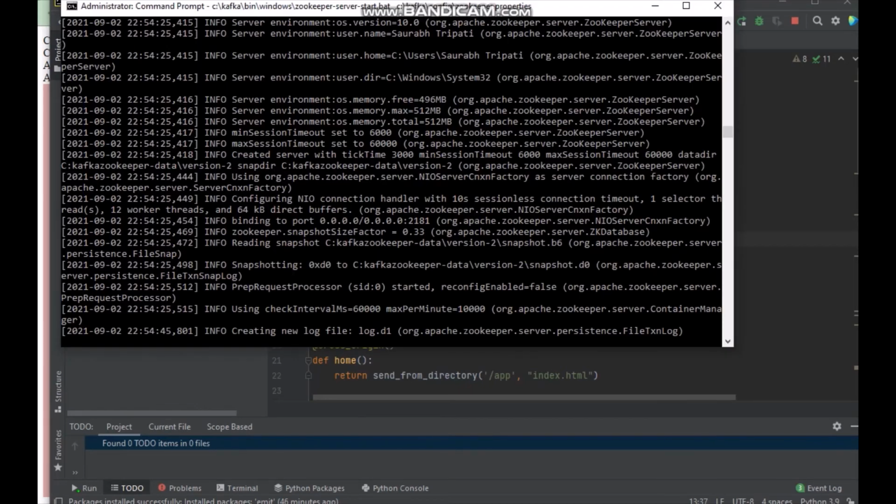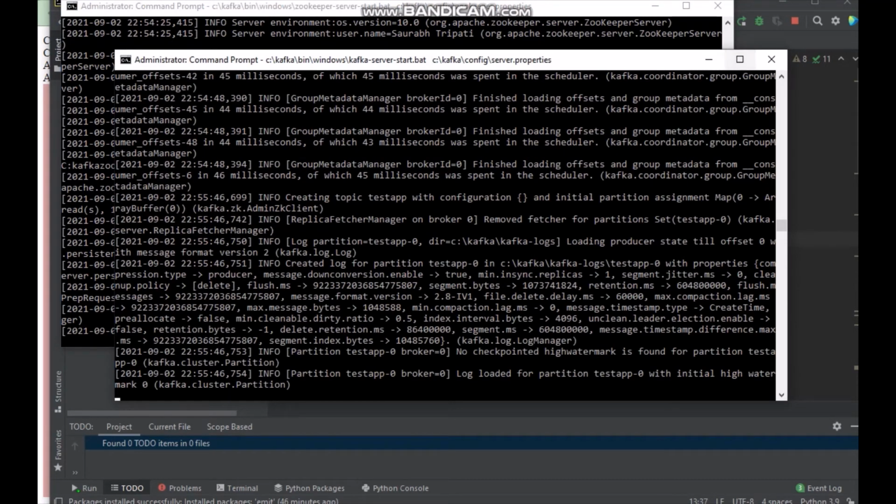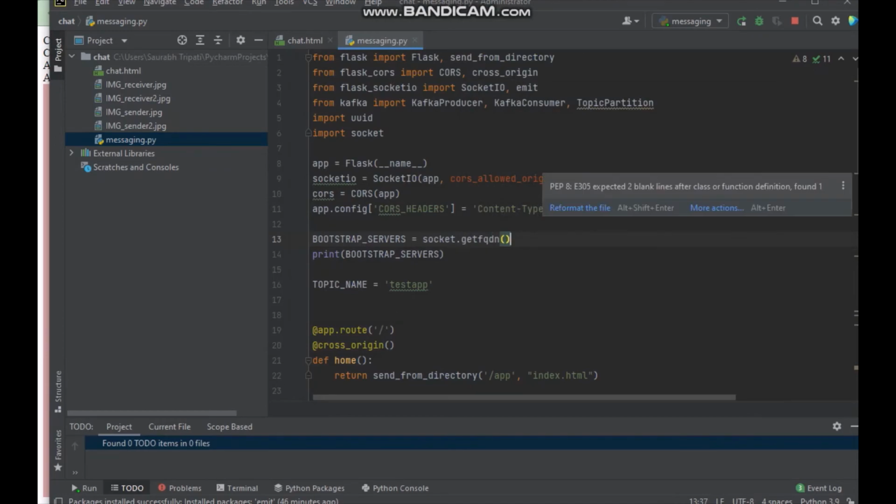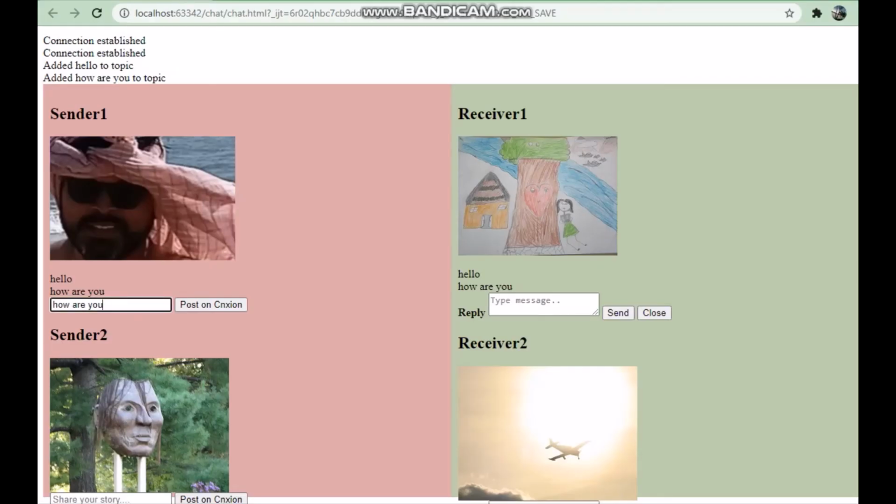I've already made sure that the servers are running. So basically, the Kafka server is up and running, and it has the ability to catch those messages in real time and use them. So when I go back to my application, it is able to get the message in Kafka and then throw it on the receiver end. If it is a real time post, then it will go to all, any receiver can see it. So all of them will be connecting to the